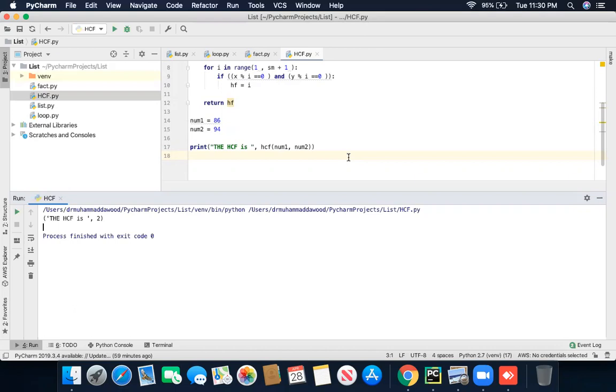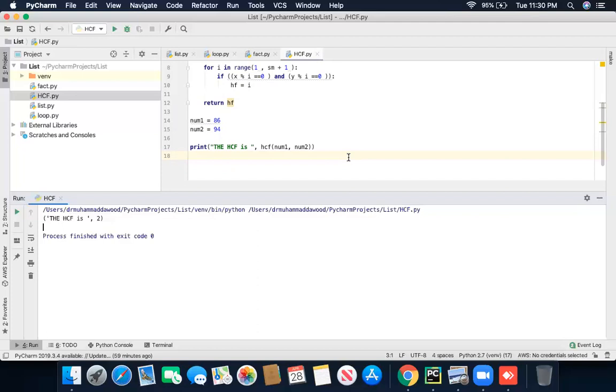Now what is the highest common factor of 300 and 400? If you put the numbers 300 and 400, what will be the highest common factor? It will be 100.